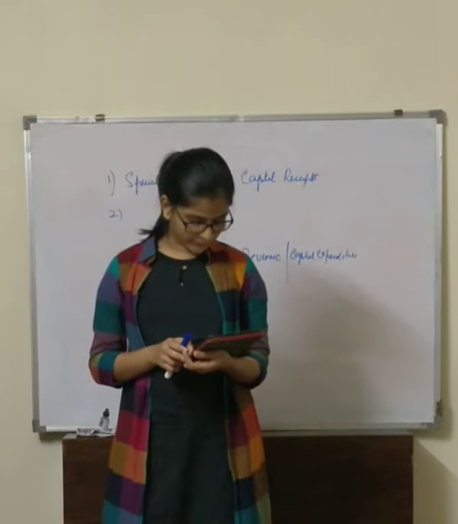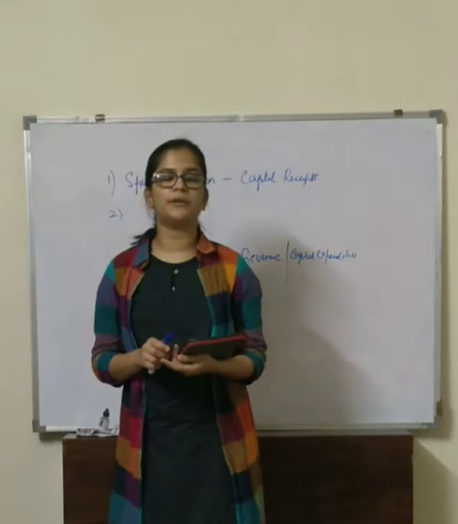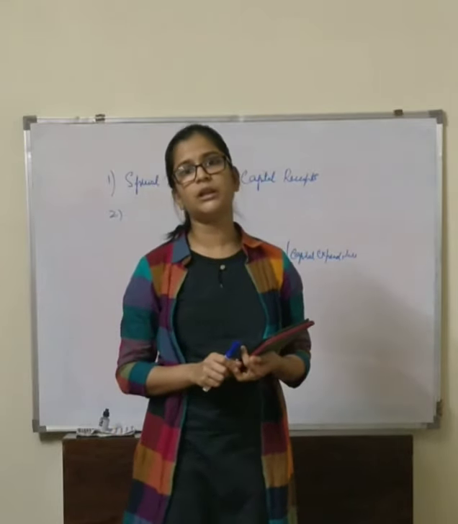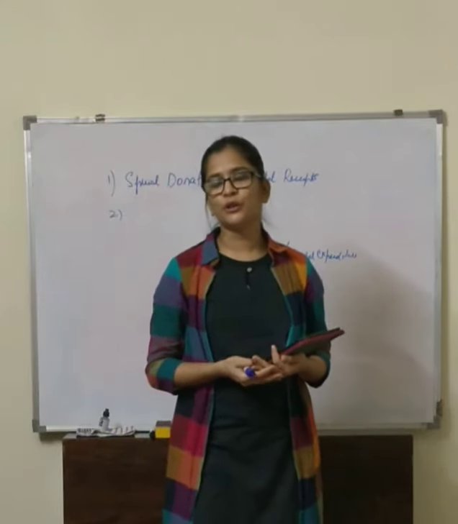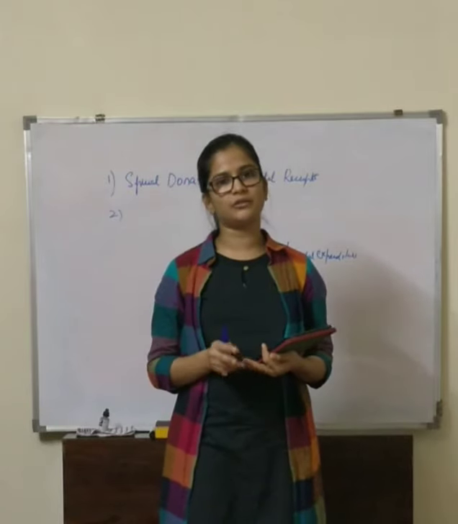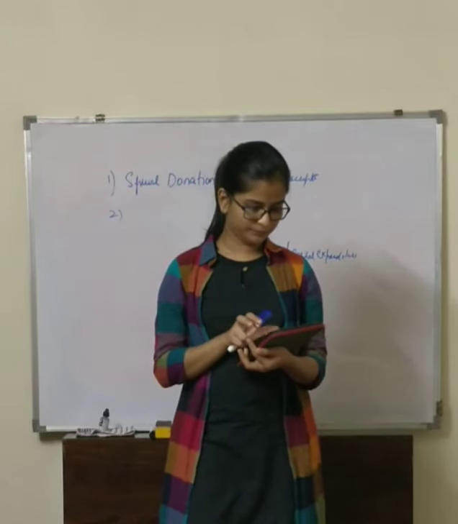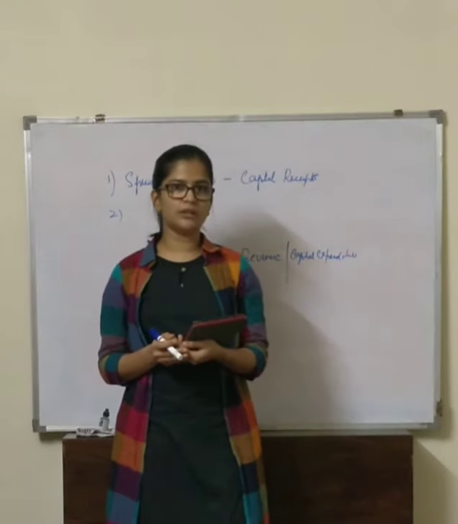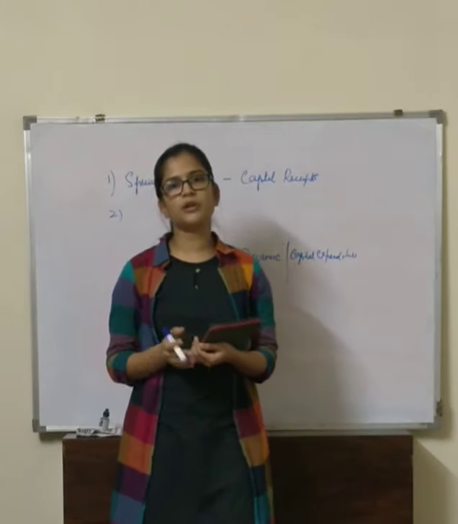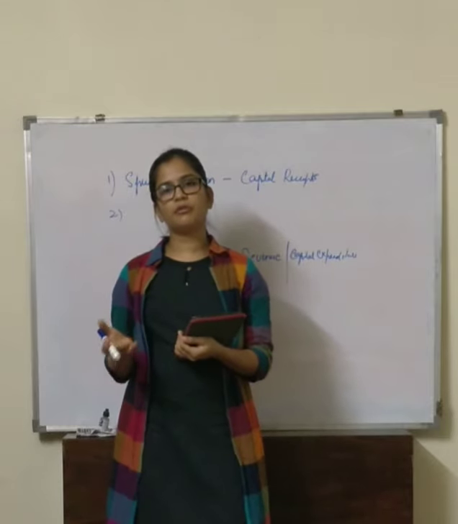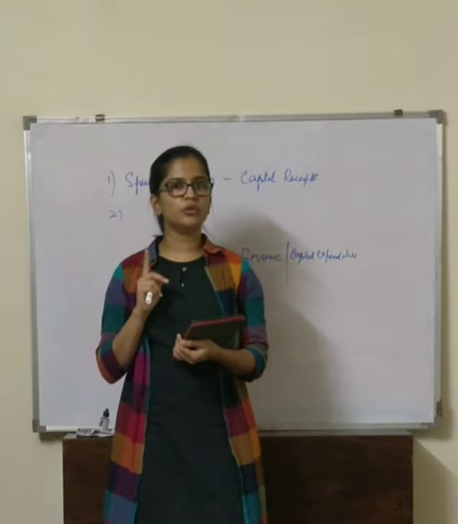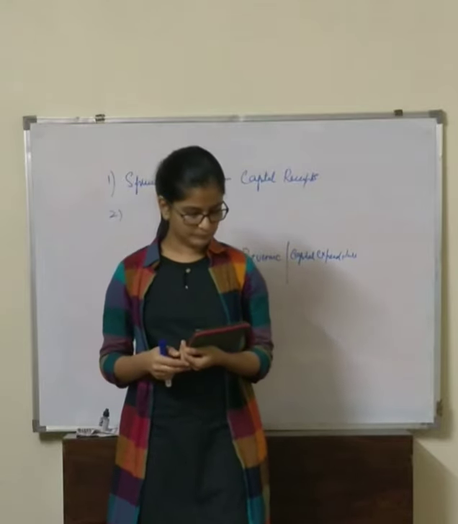Rupees 5 lakh received as lottery prize is a capital receipt. You may be thinking why lottery is capital receipt and not revenue receipt. Every now and then you will not receive 5 lakh as lottery, that is why it is a capital receipt. Next, installation expenses of machinery, again it's a capital expenditure because we will be purchasing a machinery once in a while and installation charges are only once in a lifetime.